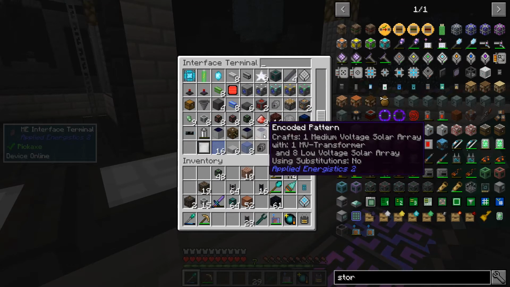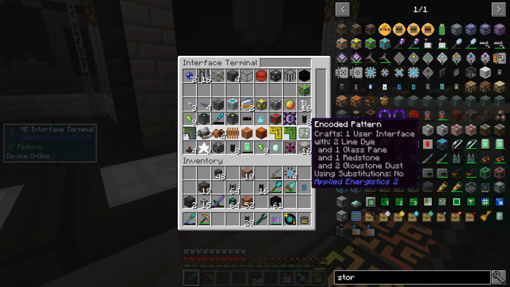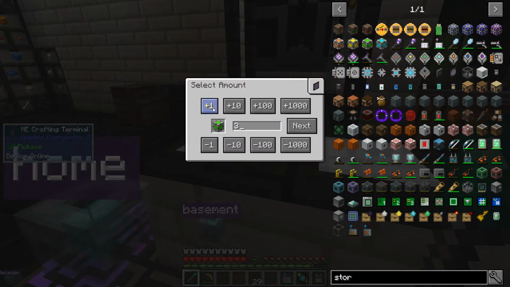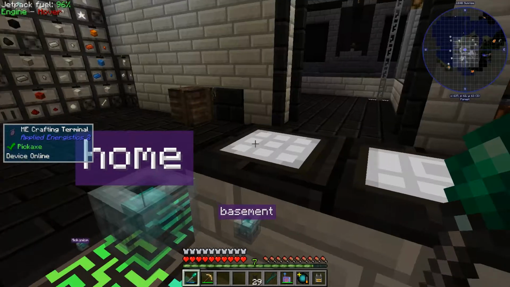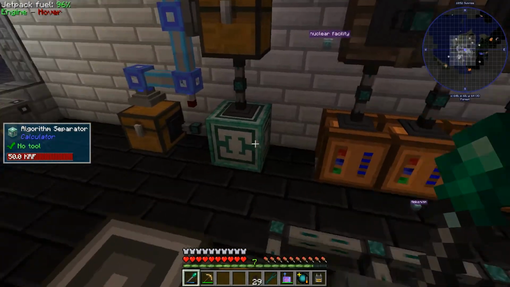We're almost out of space once more in our molecular assemblers, which is a bit worrying. I mean, look at all this junk that we've got in here. It's ridiculous. So 16K crafting storage. Give me 4 more of those. Yes, we're having a big problem with redstone ingots, I think, because these aren't...